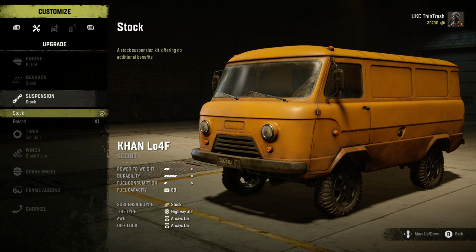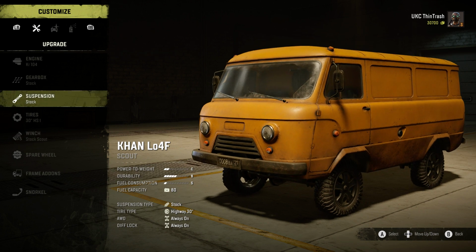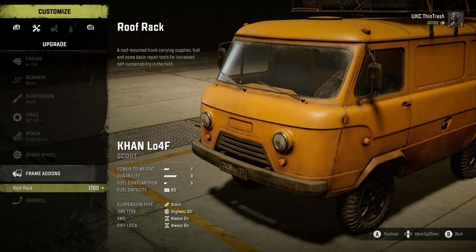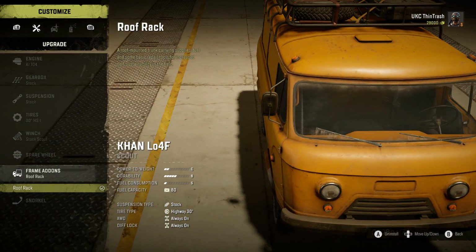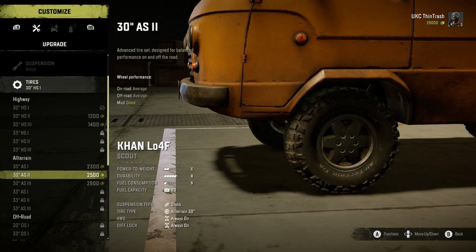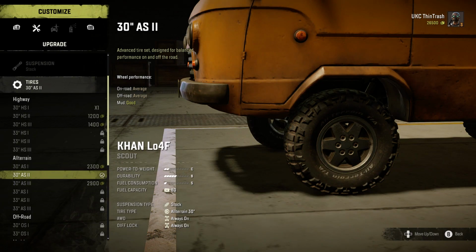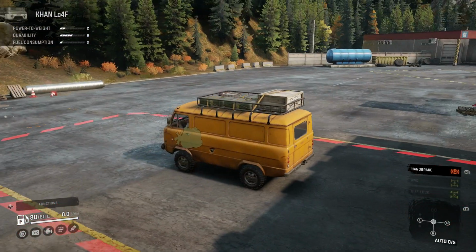So what we can do, I have unlocked, I did mention the raised suspension. I'm not going to put it on. It's quite top heavy anyway. If we have trouble with ground clearance, we will, but for now I won't. I'm going to add on the roof rack, which is 1,700. That's going to give us some fuel, spare tires and repair points to have on us. And we're going to go to the tires, and we're going to put on all-terrain tyres. I do quite like that tread pattern. There you go. We'll put on the all-terrain tyres, and you can leave the garage,